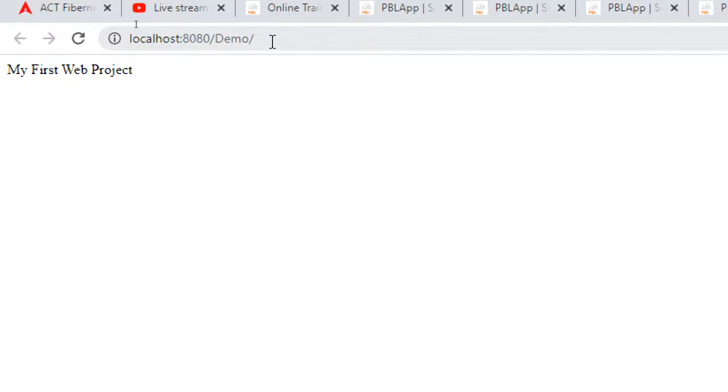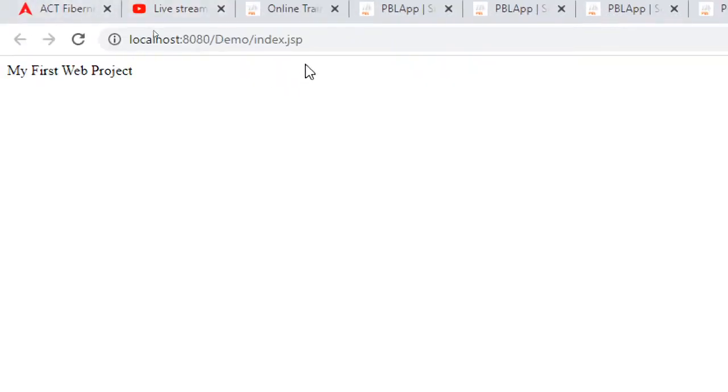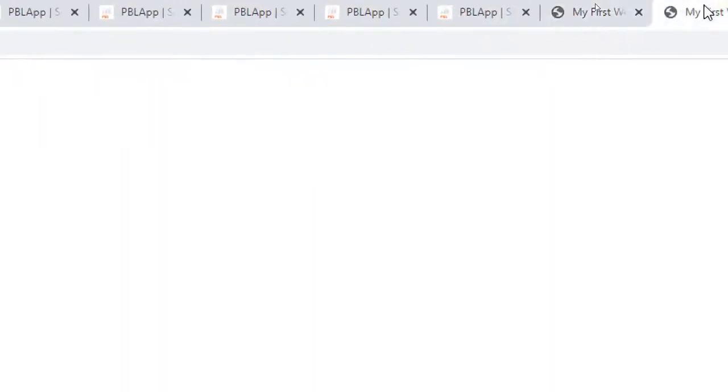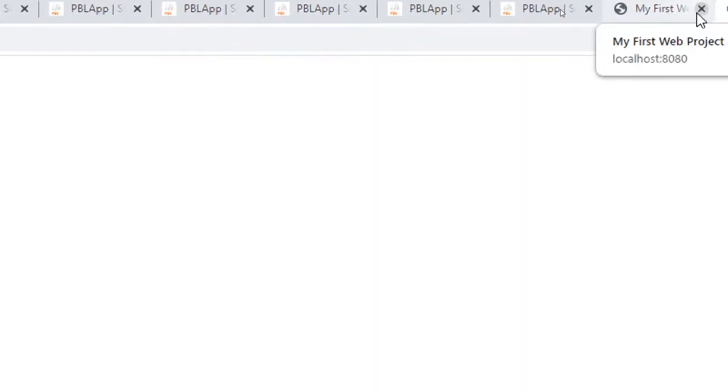So index.jsp should be the home page which you want to get opened as part of the website or URL which you are providing. Here you can see the URL containing index.jsp, because this one I have opened not from the project, I have opened from the file. That's why it has given that. But this one, since I have opened from the project, you can see only the project root is given, but not the file name. So this thing you can just remember.